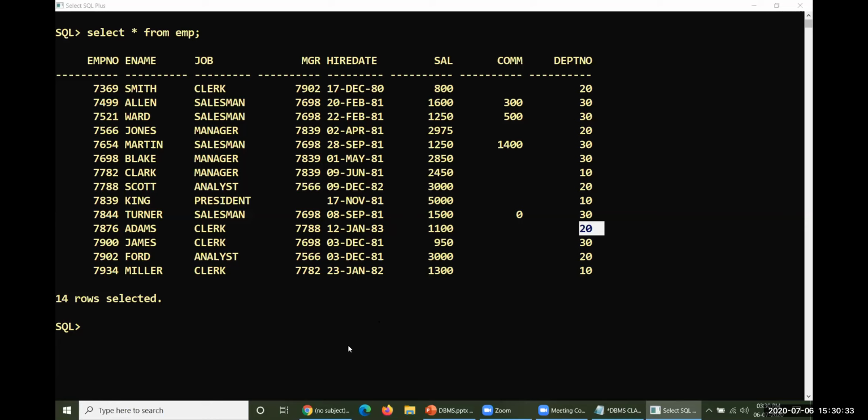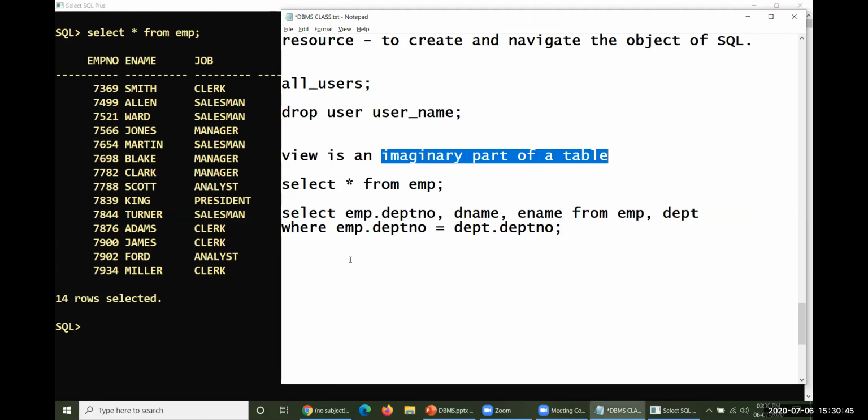I wanted to see the 20th department details completely, without using the employee table. Then how could you do it? You have to create one imaginary portion of your table. That imaginary portion is a view. Look at this, how could you create it?